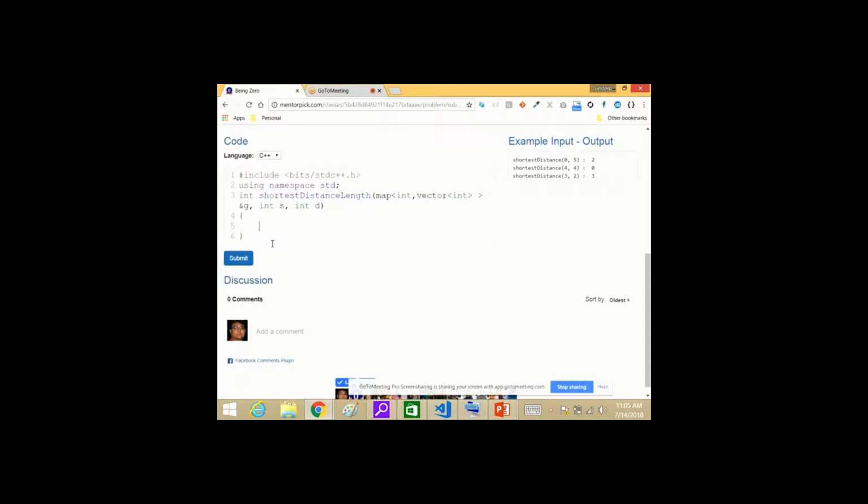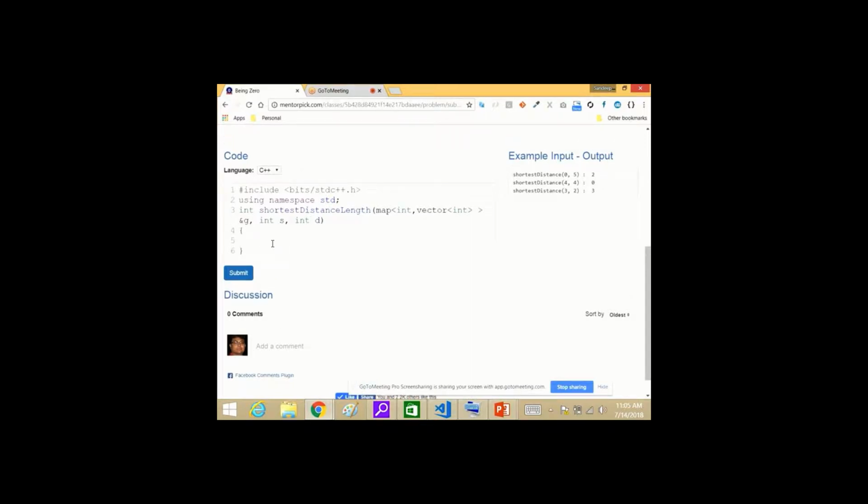Like this was the problem from S to D, right? From one source to one destination. If you can solve this problem, then single source to one destination will also be taken care of. So what did we talk about in this implementation? That we will begin with